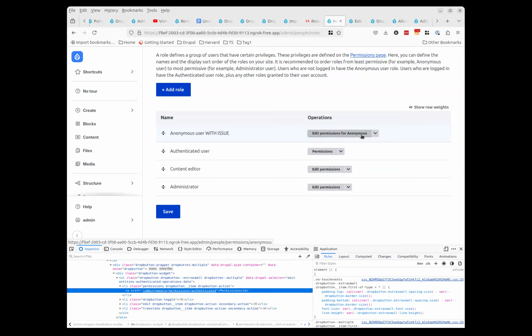Aaron? Yeah, I'm not sure if we need the word edit for permissions, especially if you're a screen reader user as well. We've had this discussion before where we talked about how you should front load the most important information. So the word edit is almost redundant in some ways, because if the link is permissions for role, you know that's where you want to go because you know you can change permissions there, or at least see what permissions are being set. So my feeling is we don't need the word edit in any case for the link permissions.